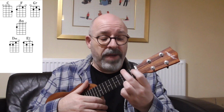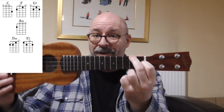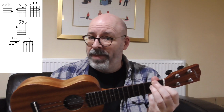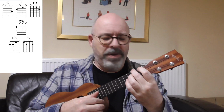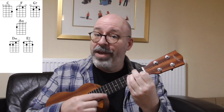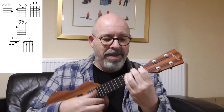Next, learn D minor and E7. Why? Well, apart from the fact that your D minor, you're already 2/3 of the way there with your F. You've only got to add 1 more finger to make your D minor. Musically, A minor, which we've already learned, and D minor go together. And they go together with the other chord we're going to learn, E7,